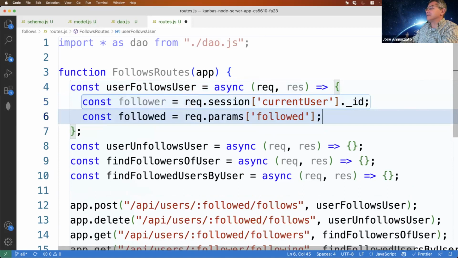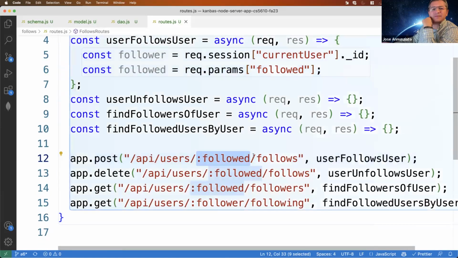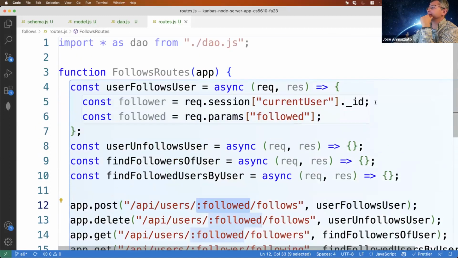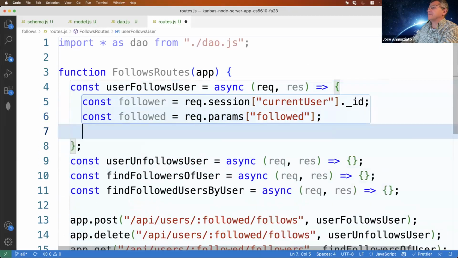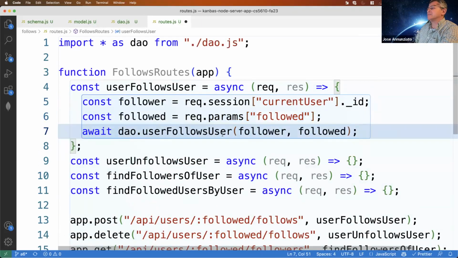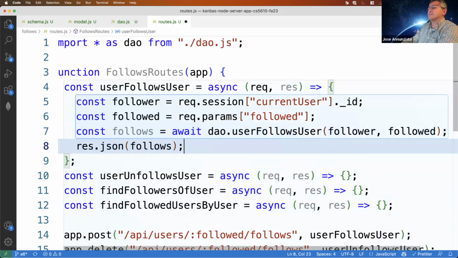And the followed is the params that I am passing as an argument. This is the person who's being followed, perfect. And what we're going to do is DAO dot user follows user. And so this is the record that gets created, right? And I'm just going to send it back as feedback that the follow was created, right?